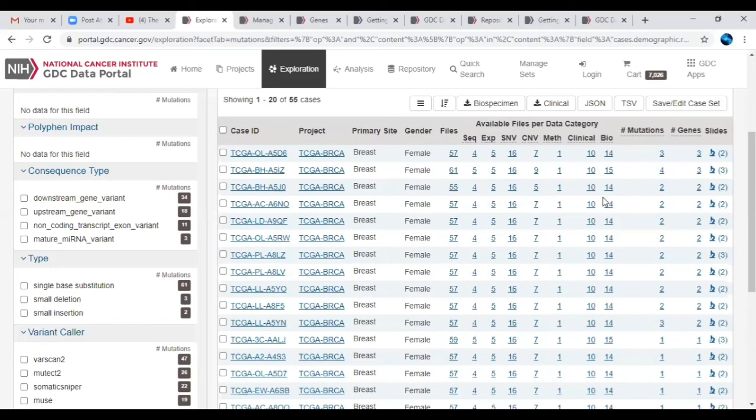Yeah, for that you have to download the manifest file which is available at the GDC portal. Once the file is downloaded, we have to give the particular path of the manifest file. Then it will recognize those paths and you can download more than one clinical data. Okay. Yes.